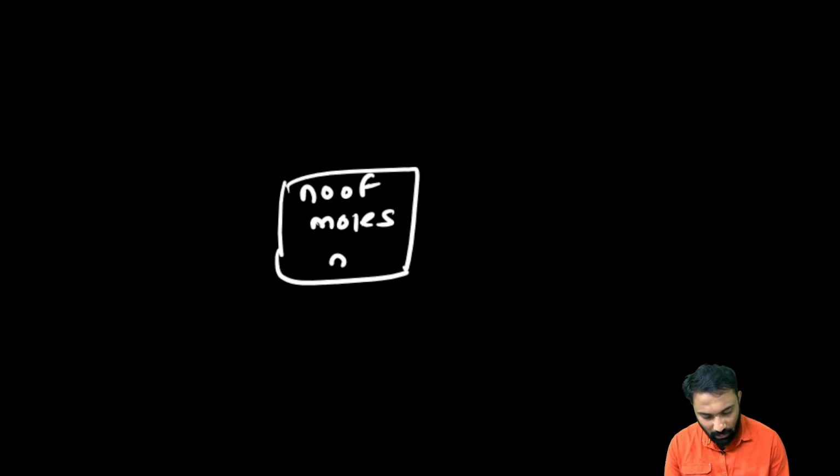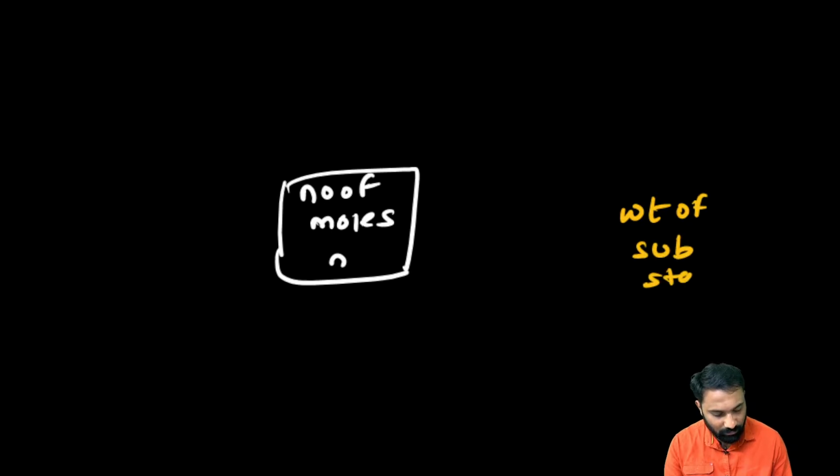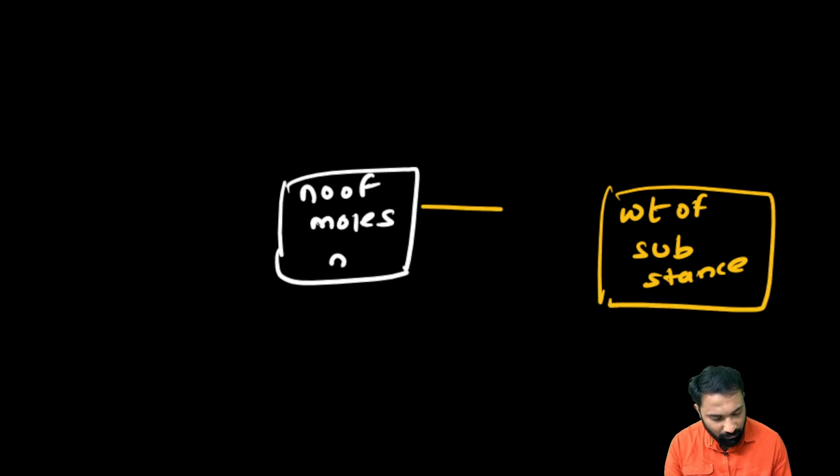From this, how they will interconvert the questions in those formulas. Suppose from the number of moles, if they are asking about the weight in the question, weight or mass or anything, weight of the substance, from the number of moles they have given, and they are asking weight of the substance, what you do, just you multiply